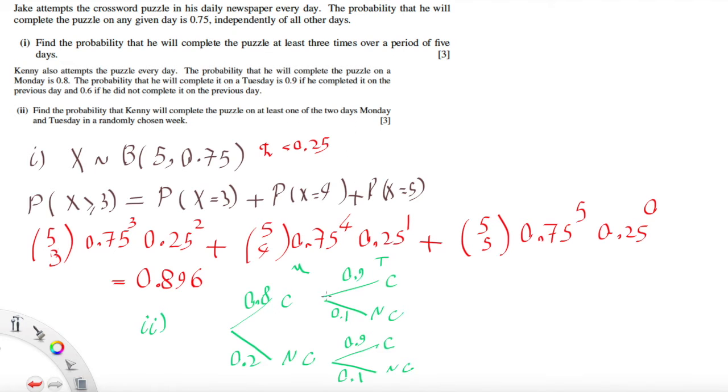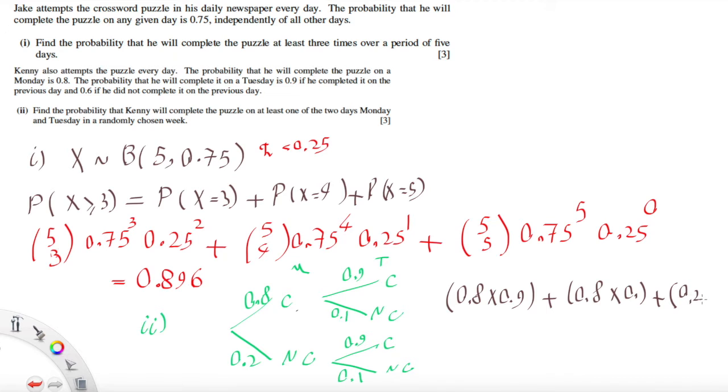Now it says at least one of the 2 days. At least one of the 2 days means 1 or more. So here in the first branch you see complete, so it satisfies the condition, 0.9, because at least 1 means 1 or more. Here he has completed in 2 days. Then here at least 1 day is completed, Monday is completed. However, Tuesday is not complete, Monday is completed, so at least 1 is the case here. So 0.8 times 0.1, and the last one, this branch, not complete on Monday but complete on Tuesday,